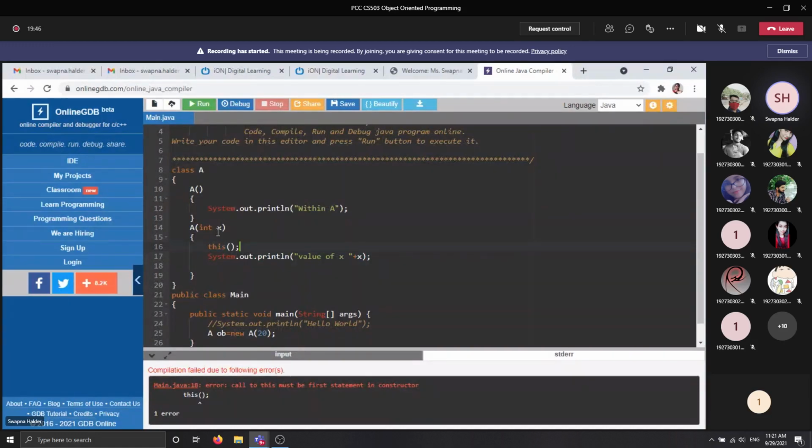After that, you can write any number of instructions within this constructor, but the restriction is you need to declare this keyword at the very beginning of your constructor. This is the restriction for using the this keyword. Any doubt till now? There is also another example that is discussed in the notes section. Just go through that part. Any query till now?